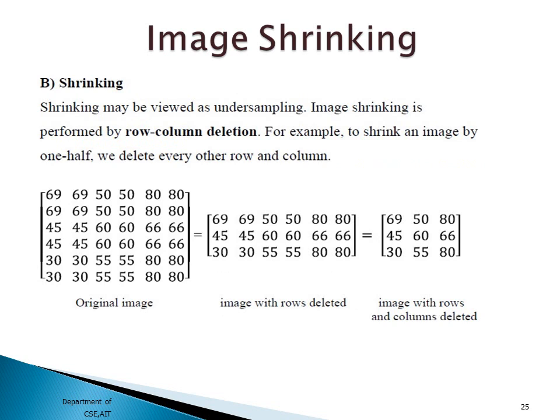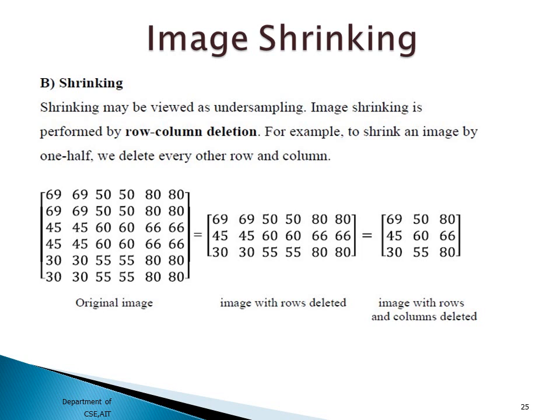The opposite of zooming is image shrinking. In image shrinking, we perform row wise deletion and column wise deletion, the opposite of how we did it for zooming. If we delete the rows and the columns present in between, definitely I am going to get an image which will be smaller. You can see here in this image, the original image, which was a bigger image, I am going to remove the intermediate pixels and reduce that to a 3x3.